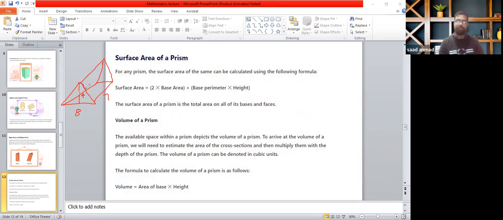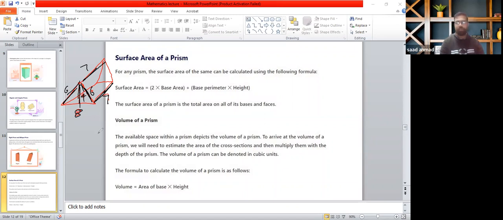And let's say we have this height, and let's say this height is 6. This side length is 6, and this one is also 6. Let's say this is 8, and this one is 4. This one is 7, and this one is also 7, and similarly the back one is like that. So we want to find the surface area of this tent type shape, the